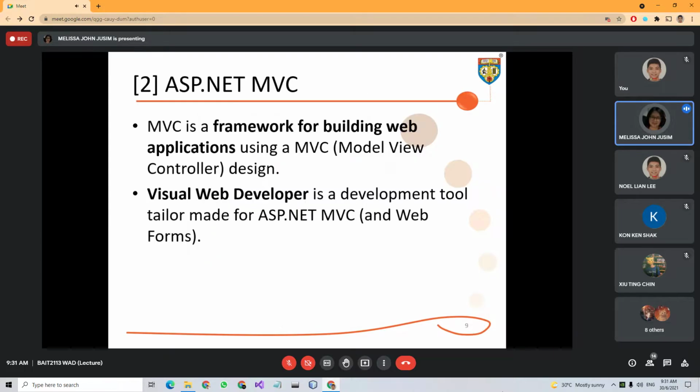Now let's look at the second development model, which is ASP.NET MVC. From the name itself, we already know that it is used for the MVC design. For ASP.NET MVC, we have Visual Web Developer, which is a free version of Microsoft Visual Studio. I didn't go and check this one out. Let's go straight to the third